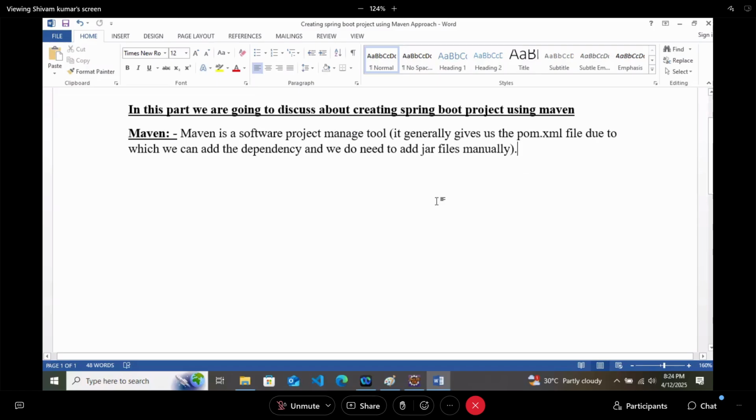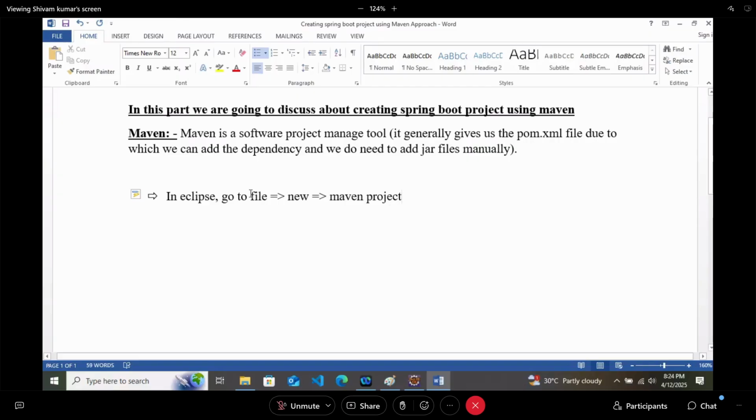So let's see what we will do. In Eclipse, at first what you have to do, go to file, after file go to new and then go to Maven project.